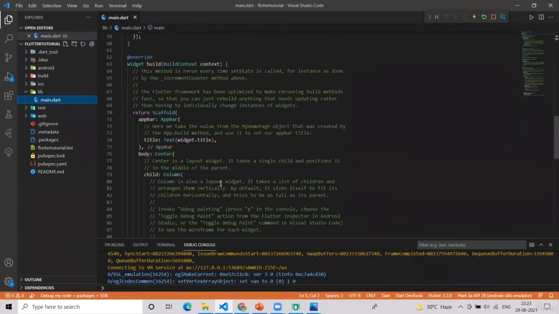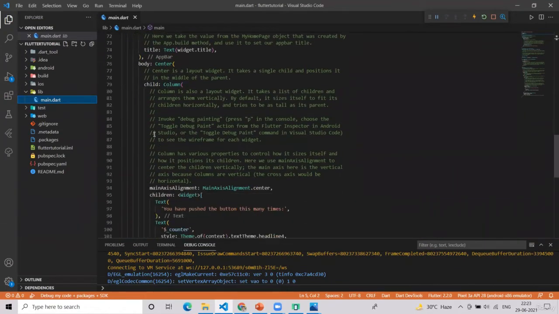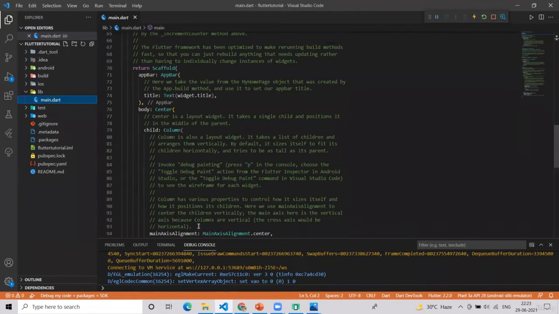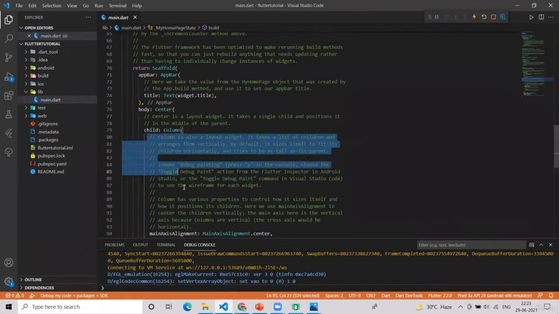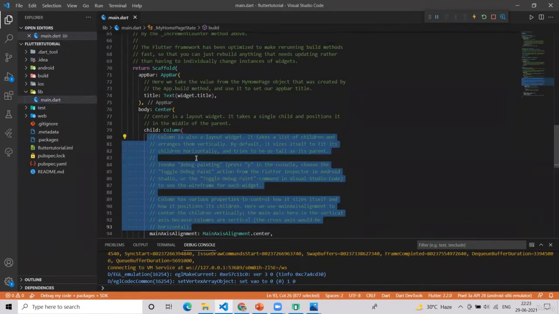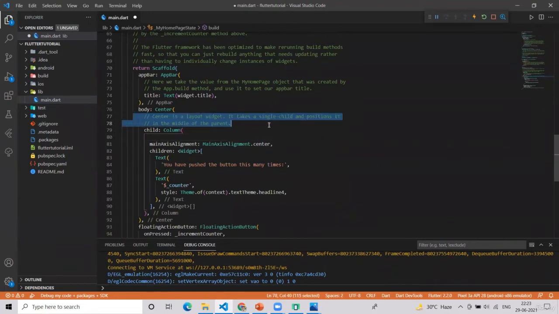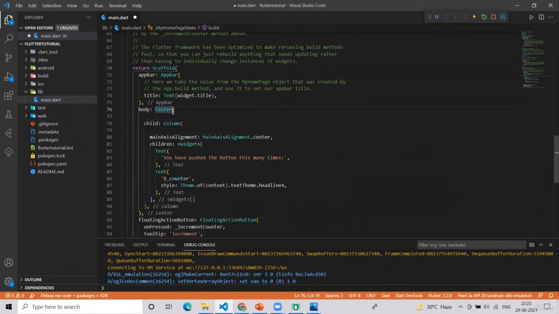Here, definitely this code you should not touch. You just see what I'm talking about. This Center is a widget. One property it accepts is called child.